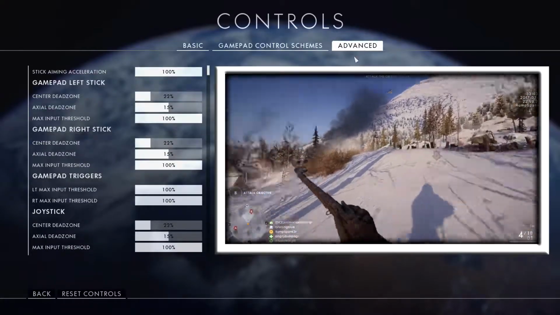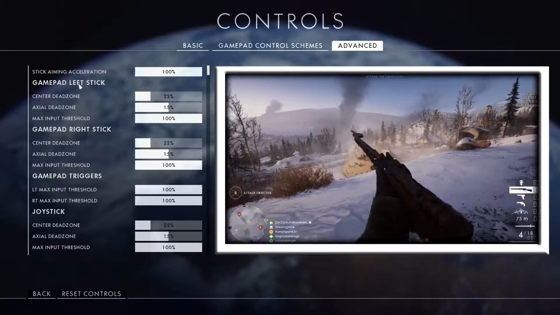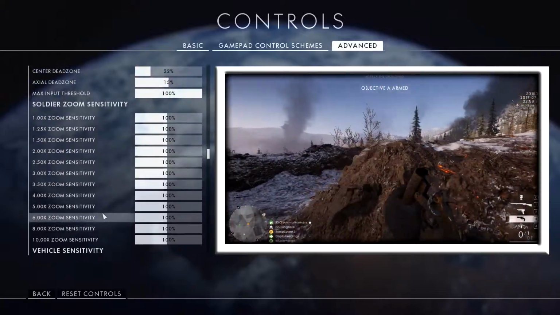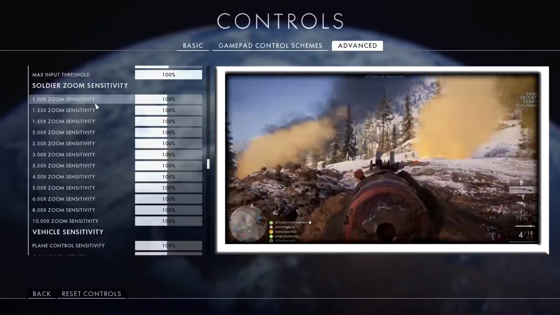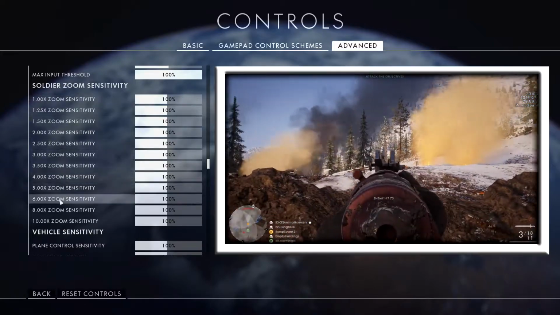Now, under advanced, these are some of the important features here. Stick aiming acceleration, 100%. Gamepad, we're going to go past gamepad, going to go past joystick. Soldier zoom sensitivity, one-time zoom, which Battlefield 1 actually allows you a lot of different options, a percentage of your zoom, depending on the 1 times, the 3 times, the 6 times amount of zoom